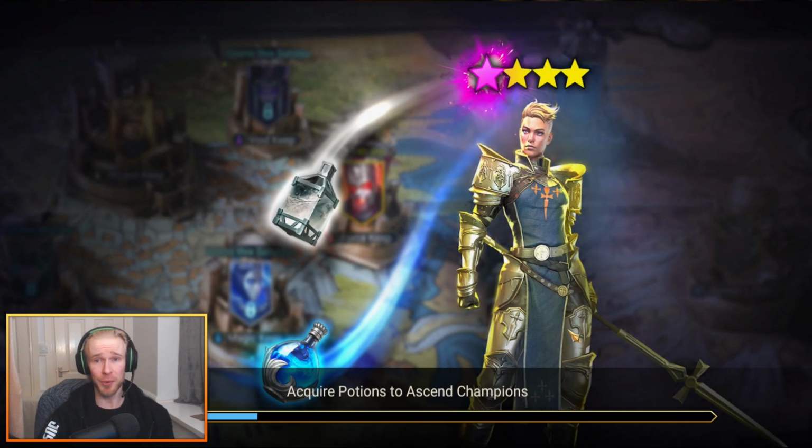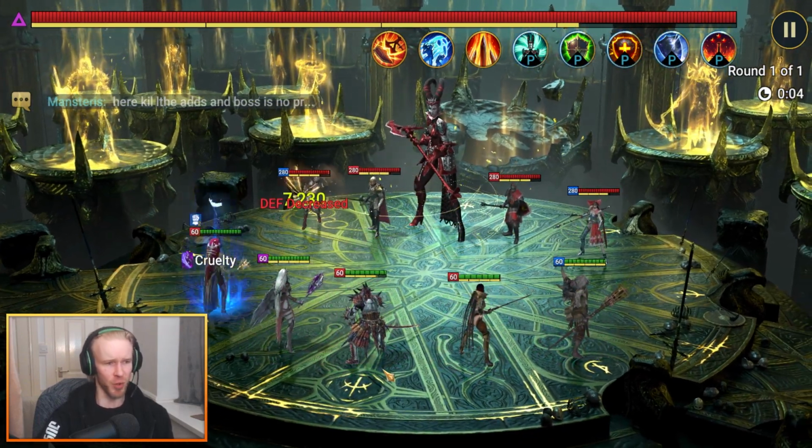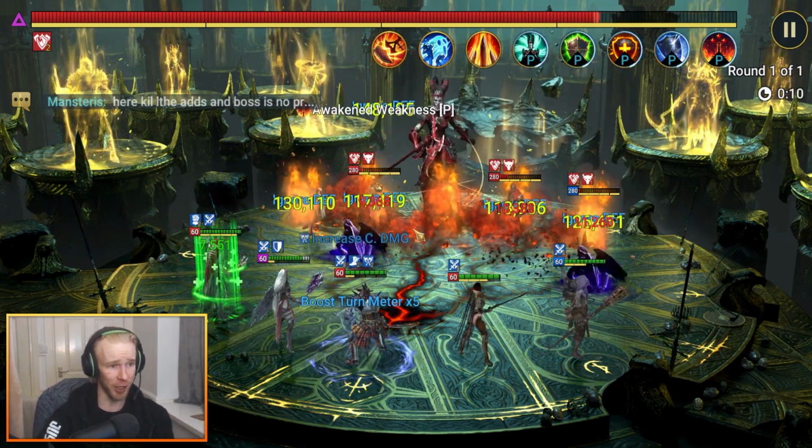So this is how this team runs. Now, it's going to be a bit of a slower kill because we're just working with less damage on this team overall. Big decreased defense stuff is going to come out. The provoke is going to land on everybody. And that's just going to...